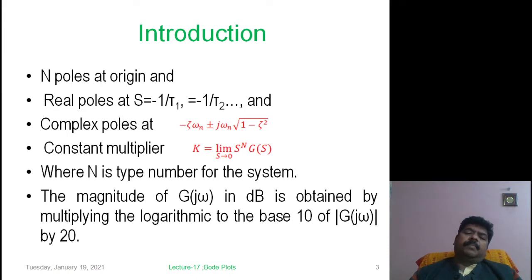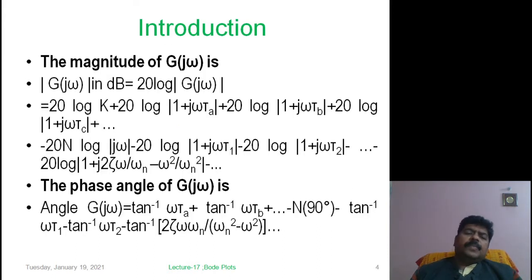So this is the simple magnitude, and since this can be taken on the log scale, magnitude in decibels can be very simply represented. The advantage of log is that all the multiplying factors become a sum, while division simply gets converted into a negative, and we can simply write